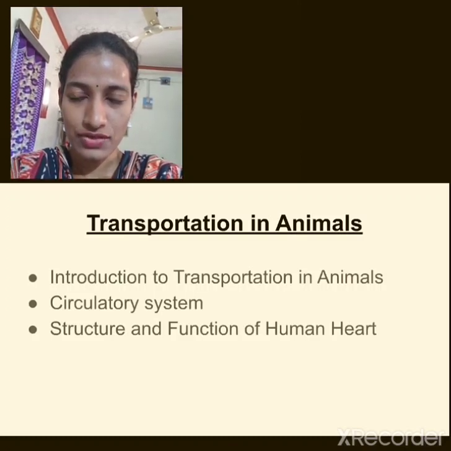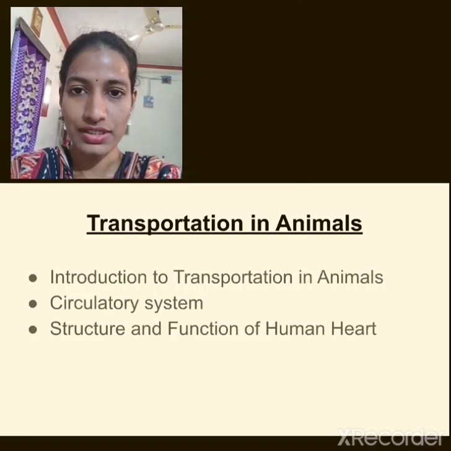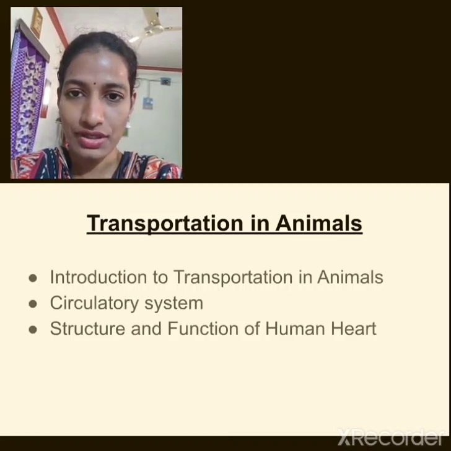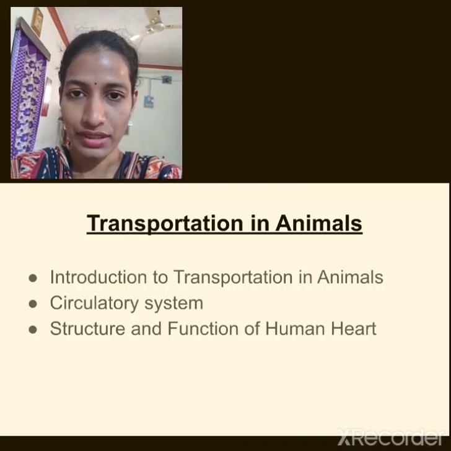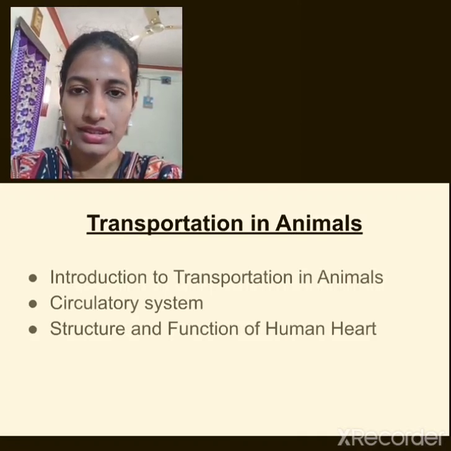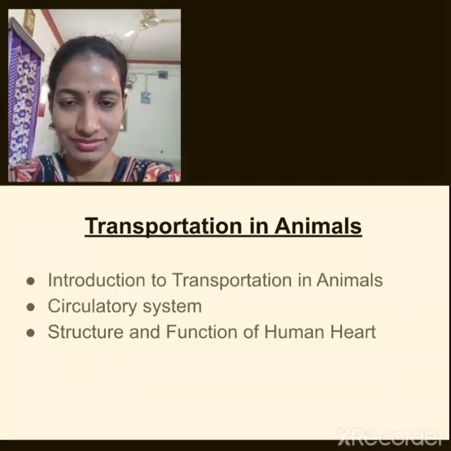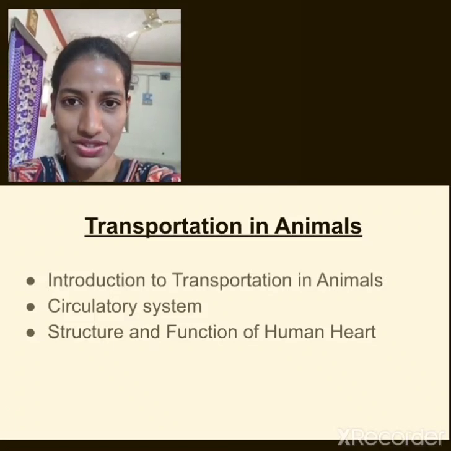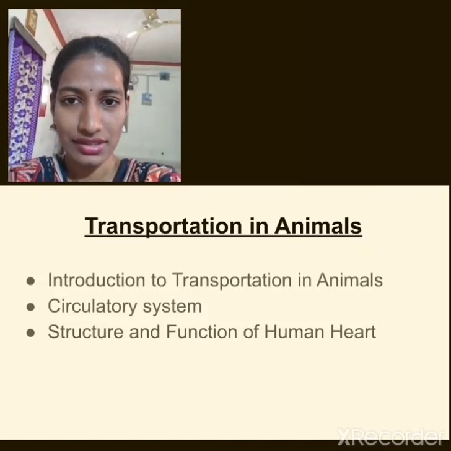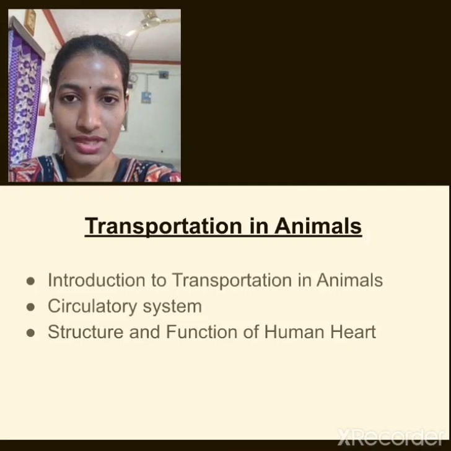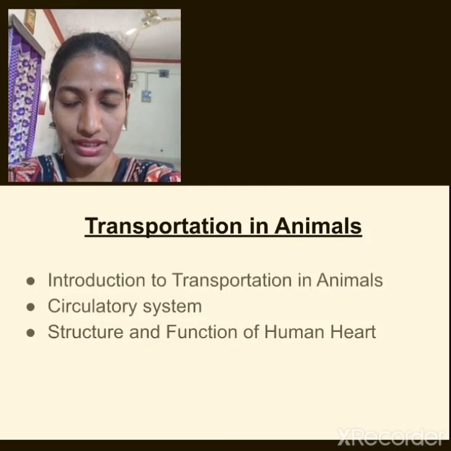The human heart consists of 4 chambers, that is 2 auricles and 2 ventricles. Each auricle and ventricle is separated by a valve, and the right side and the left side of the heart are separated by a septum. Also we learned that the deoxygenated blood gets collected in the right side of our heart. This deoxygenated blood enters into the lungs for further purification. After purification, the oxygenated blood enters into the left part of our heart.